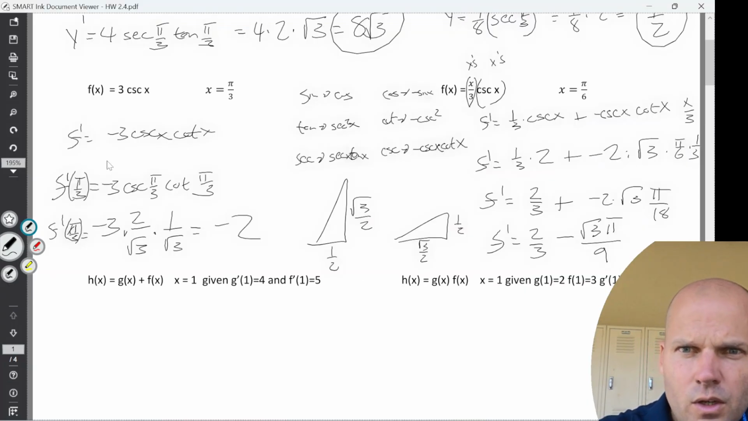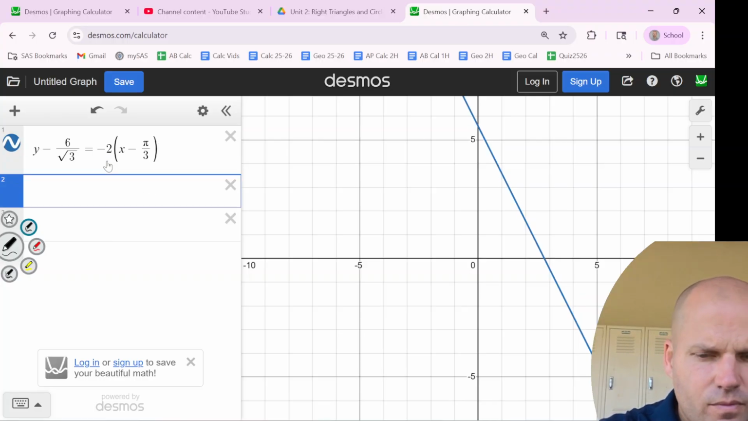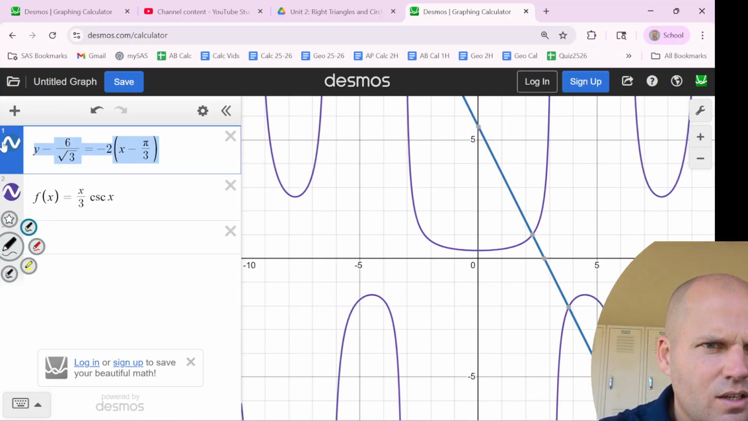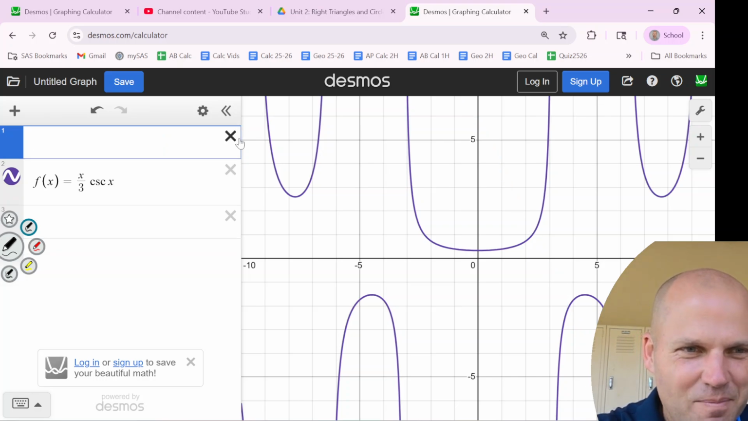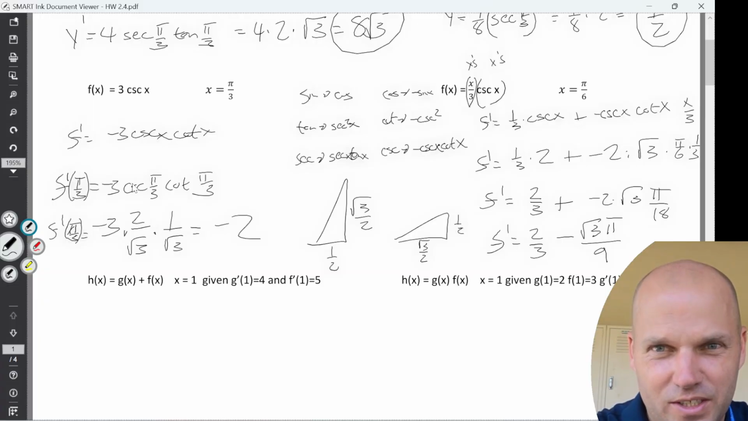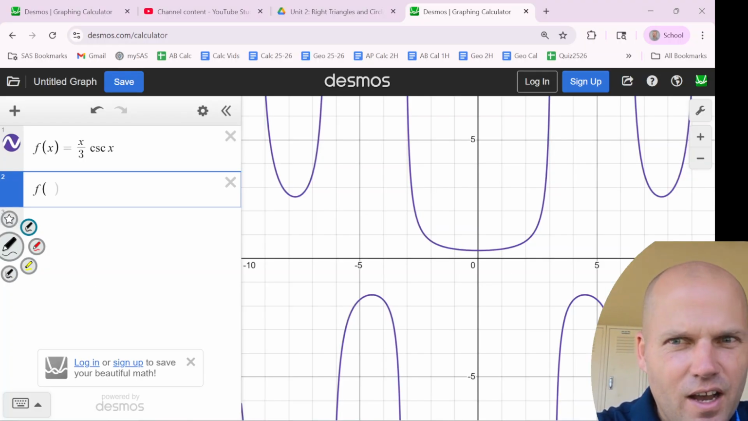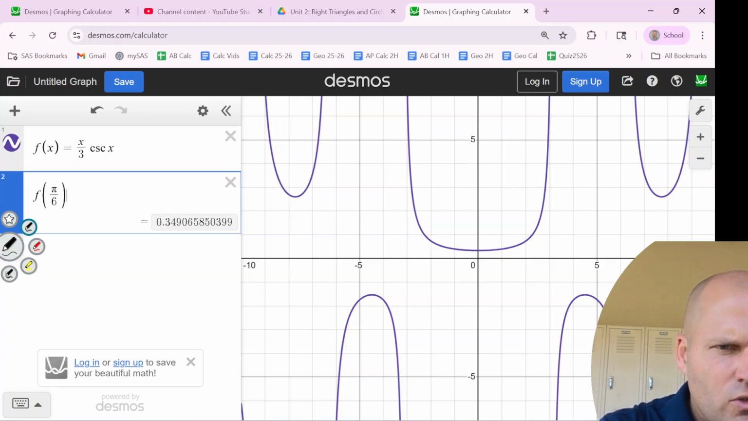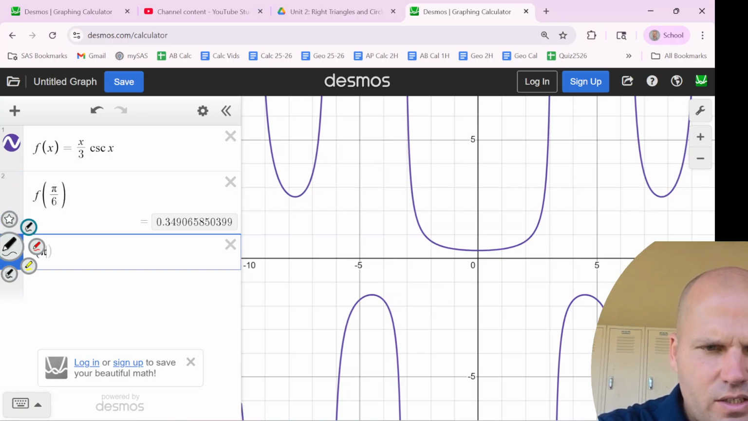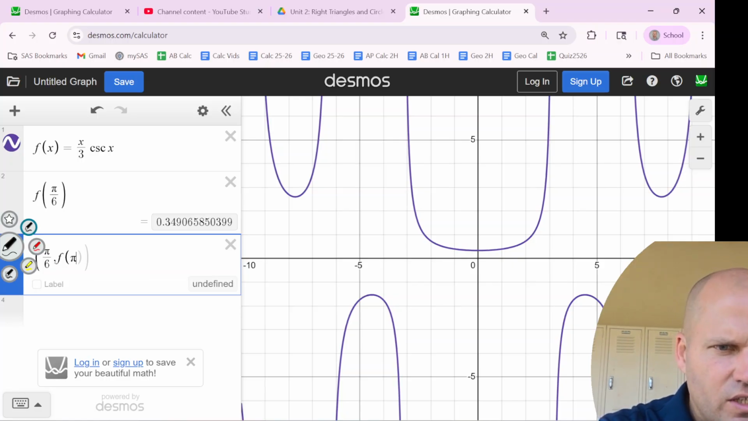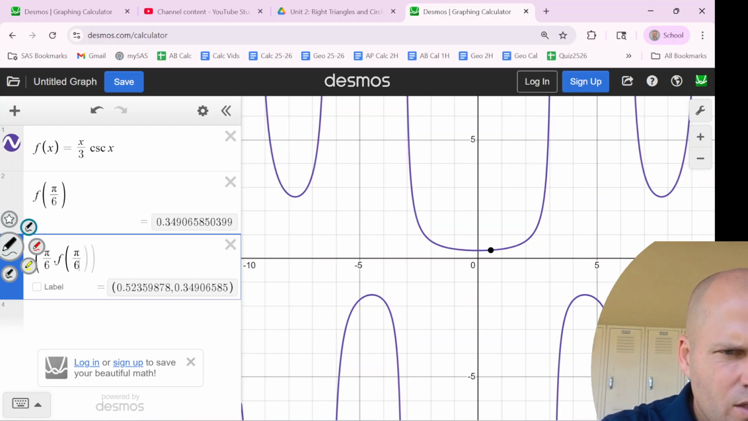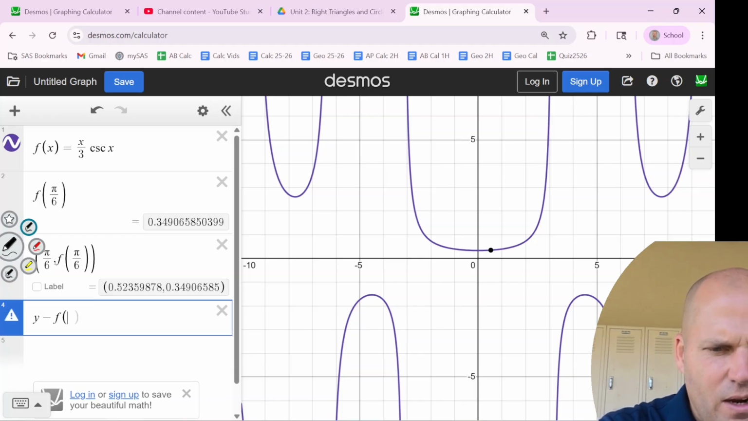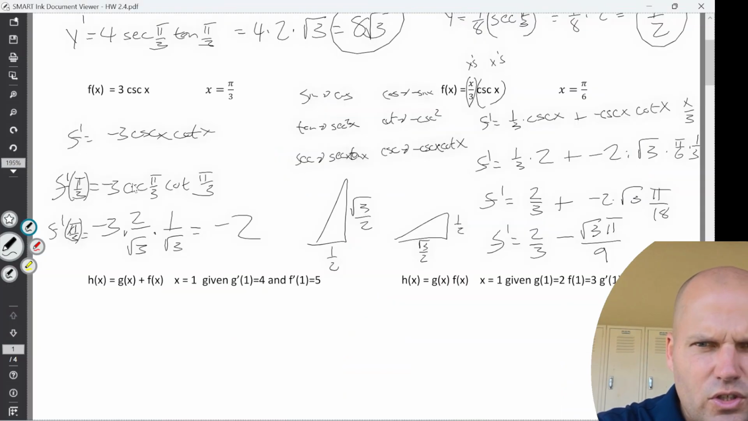Watch. We'll just make it easier on ourselves. F of x is x over 3 cosecant x. I probably said the same thing in the homework video. I'm like, oh, this question stinks. F of pi over 6 is that value. So I'm going to plot the value pi over 6, f of pi over 6. There it is. And I will have y minus f of pi over 6 equals the slope that I found